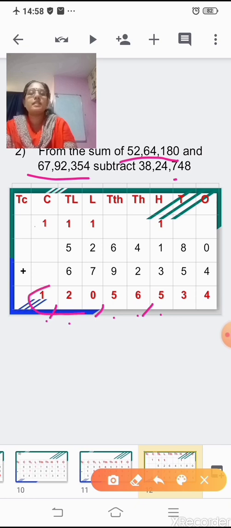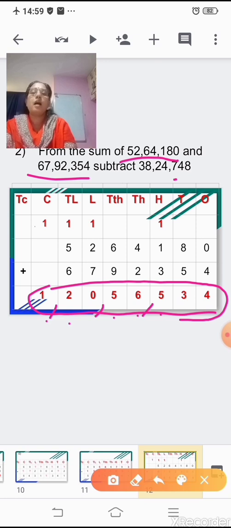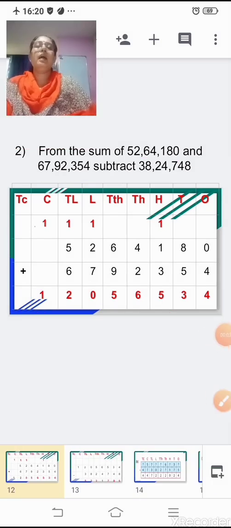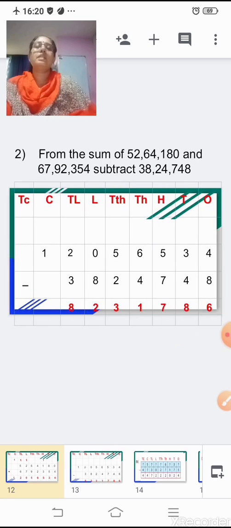Now this is called as a sum, which we have already learned in addition, that when we add two numbers, the answer or the result is called as the sum. Now from this sum you have to subtract this number. Okay, now we'll make one more table and subtract the number from the sum. Now say in this table I have written the sum as the minuend and the second number, the subtrahend, is 38,24,748. So this number has to be subtracted from the number, that is 1 crore 20 lakh